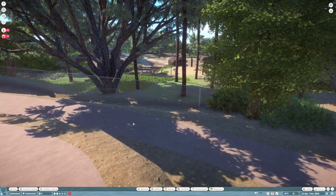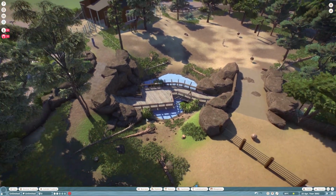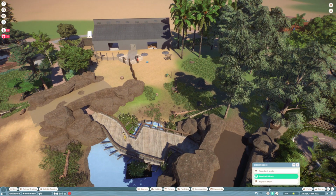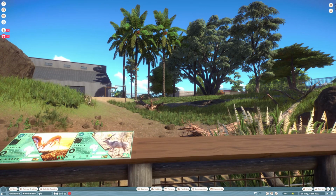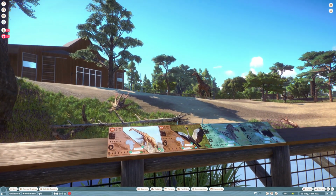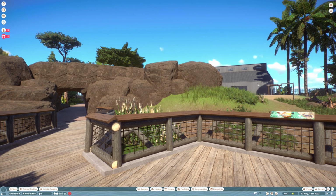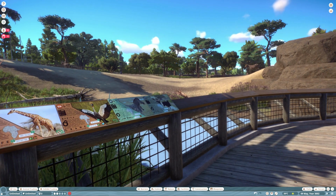This is my African Savannah exhibit over here, and this is based on the one at the San Francisco Zoo. It's very similar to this in a sense where it's got this viewing platform down here that views two different habitats. So if we go down in explore mode, you get a view over here of the kudu and the springbok, and then over on this side, we have giraffe, crowned crane, zebra, and ostrich. And giraffe house is up there, and zebra and ostrich house over here with the springbok and the kudu, the greater kudu. So yeah, anyway,